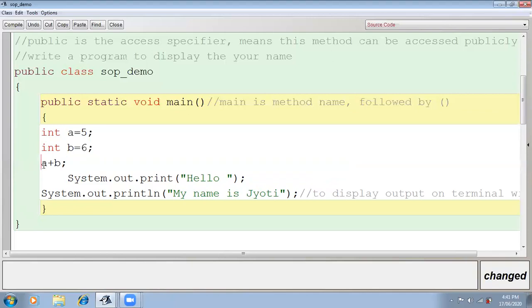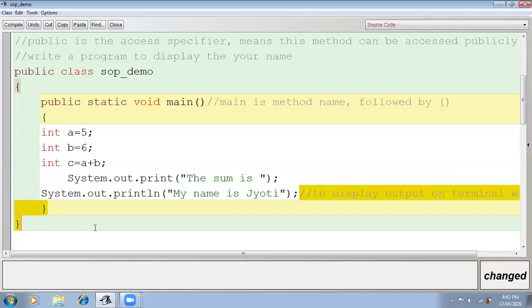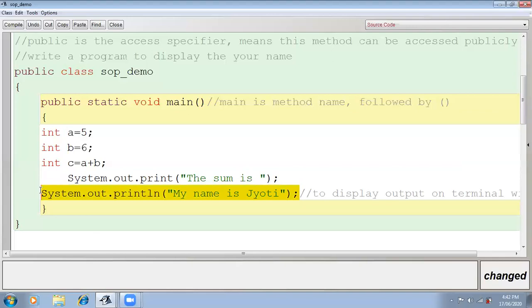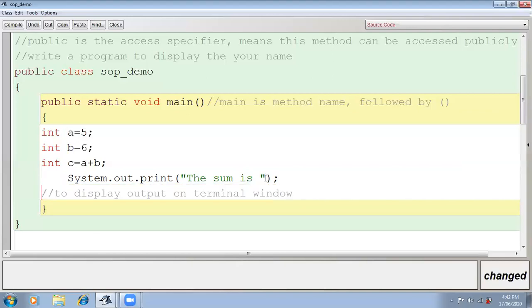Obviously, I require another variable, and that variable must have the same data type, int c equals to a plus b, right? Correct now? Int c equals to a plus b. Then here I'm going to display the sum. This is the message, the sum is. So in which variable am I having the sum?